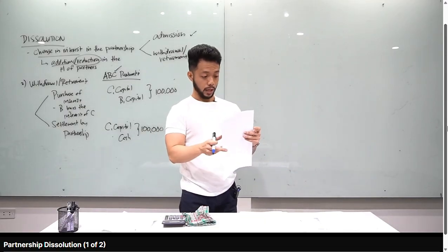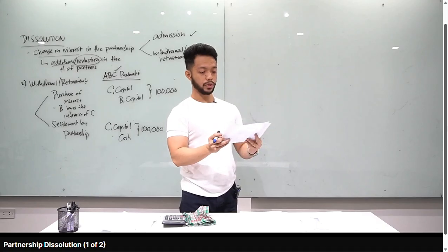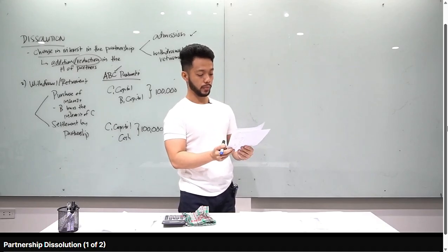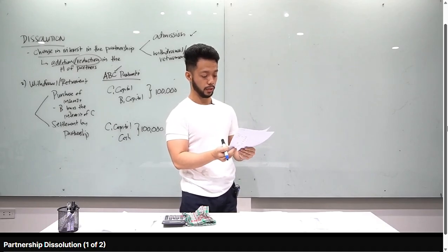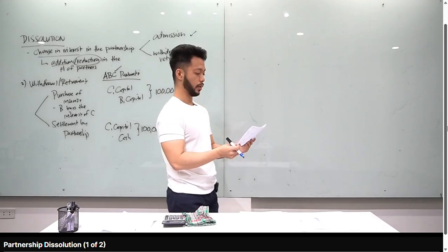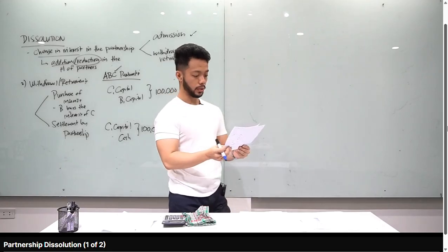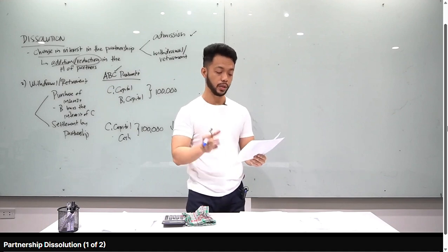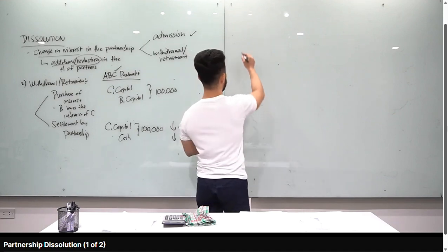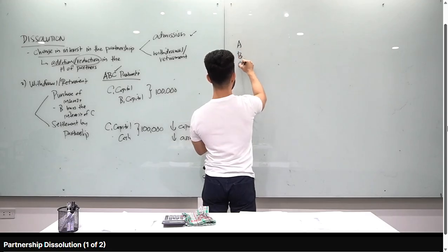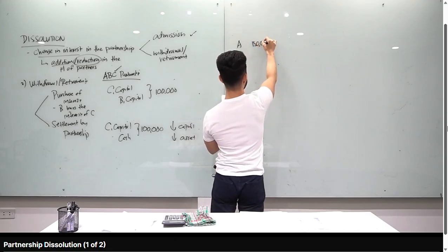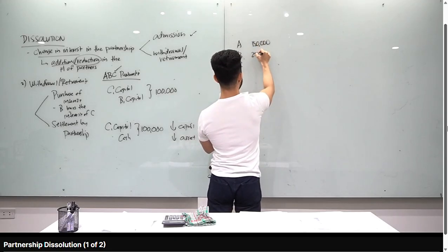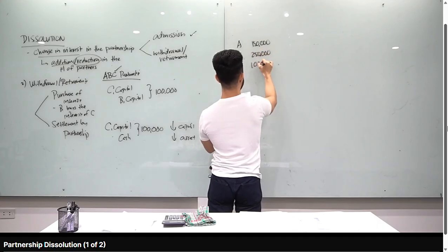Alright? The capital balances of the partners of ABC partnership in July 1 before any necessary adjustments. So, meron tayong partner A, 150, partner B and partner C, 250 and 100. The partnership reported profit of 900 for the 6 months ended June 30. Yung sinasabi ko, update mo muna yung capital balances of the partners. So, si A, meron siyang 150,000. Si B naman, 250,000. And then si C, 100,000. Alright? So, total capital nila is 500,000.